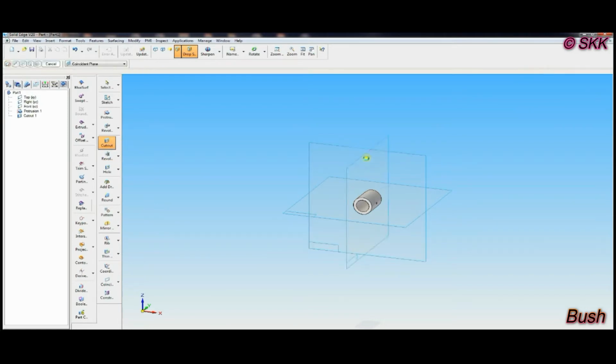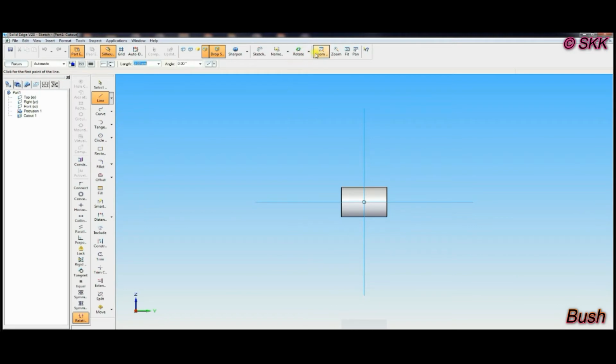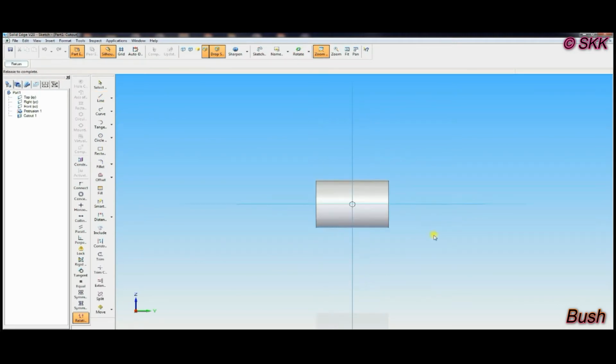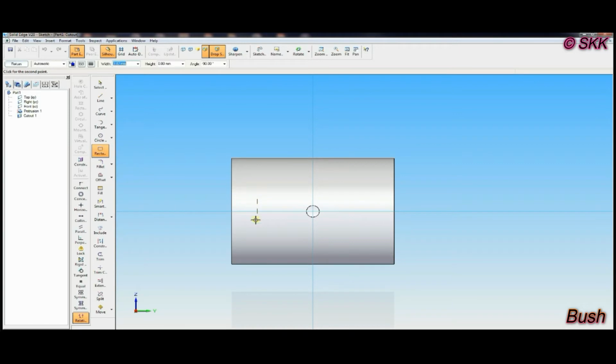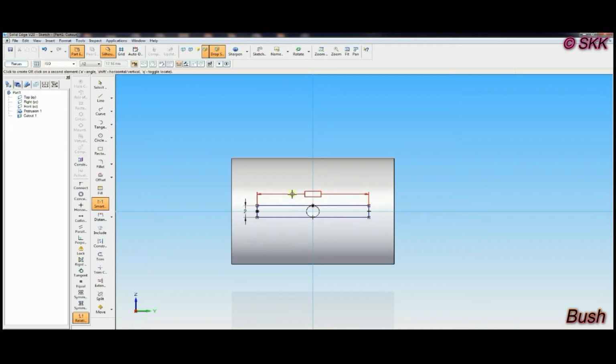For that, cutout command, select the right plane, then zoom the area, use rectangle, simply draw a rectangle like this, then connect a vertical line like this, horizontal line like this. Then go to smart dimension, the small dimension should be 2 mm and the height length should be 18. It is not mentioned, so I'll take 18 mm. Then trim those vertical lines.